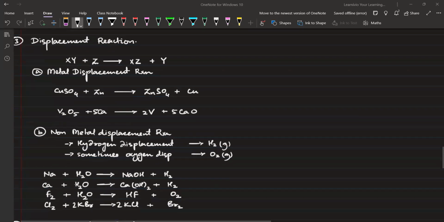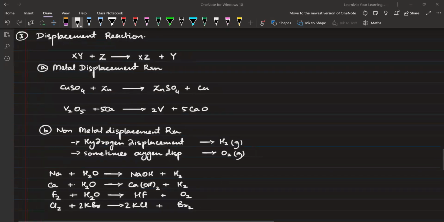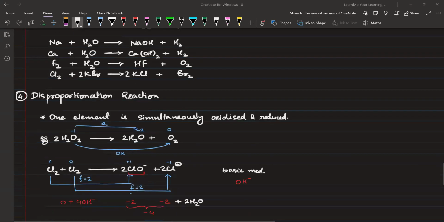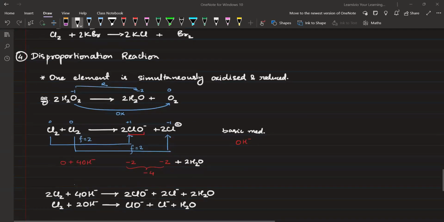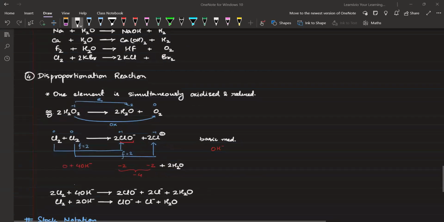चलिए, displacement reaction के लिए एक screenshot. Again, I will wait 5 seconds. 5, 4, 3, 2, and 1. So for disproportionation, I think we can take one